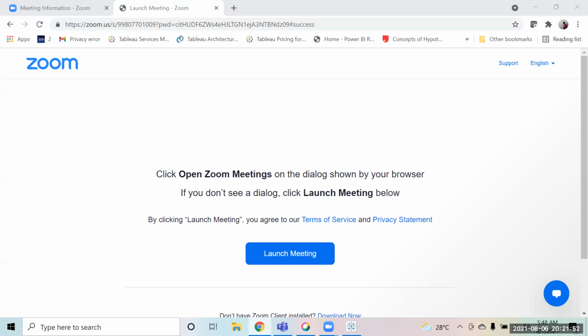This TWBX file is not opening for me. It's saying this book is not available in Tableau Public. This file will not open in Tableau Public. It will open only in your licensed software, or you can download Tableau Reader. Just Google Tableau Reader download. It's free software, so it will open in that, but in Tableau Reader you won't be able to see how it is created.